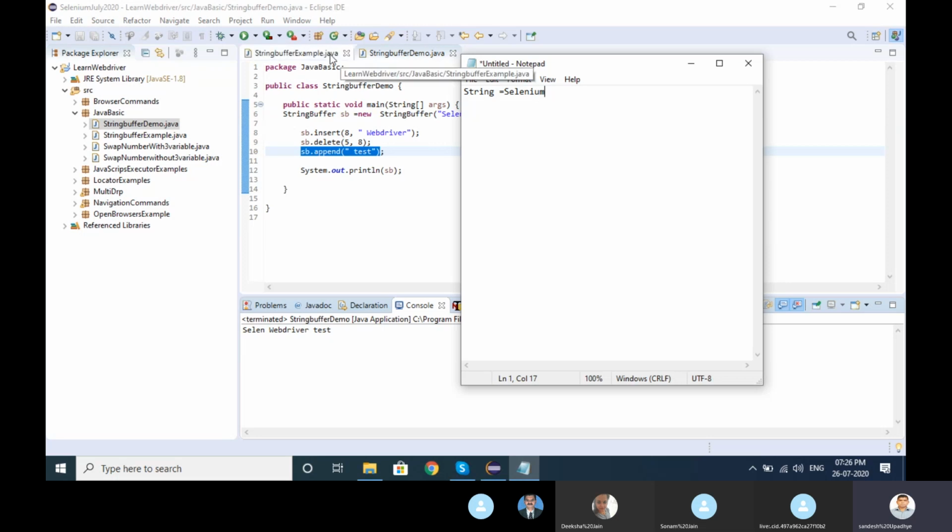I introduced two classes, string buffer and string builder. I want to reverse this string. I want the output to look like this: reverse it, M U I N E L E S. So I want to reverse Selenium. I introduced two classes and there are so many operations as well.